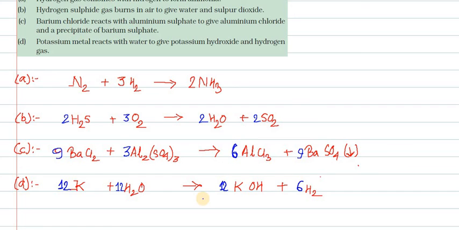Just look at equation number C and equation number D again. What can we see is, in equation number C we have 9, 3, 6, 9. From 9, 3, 6, 9, can we not take 3 as LCM here? Yes, we can take 3 common, not LCM, 3 as common from both left and right hand side. So if we take common 3 from the left hand side as well as the right hand side and cancel one another, then what we have is,